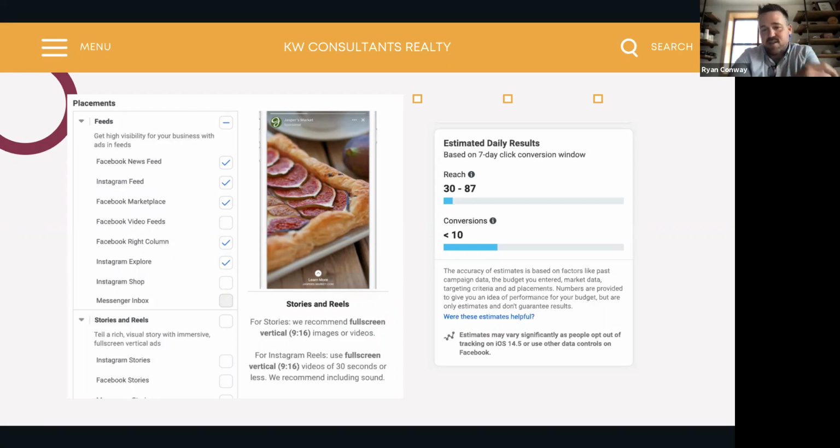So in the feeds and the right side column, I definitely want it on the mobile platform, since most people are using mobile, especially when looking at real estate. Along the right side as well, based on the combination of audiences I'm using and the kind of reach we're trying to get. In addition to my ad spend, it's going to show me how many people this is going to get in front of on a daily basis and how many conversions or leads it should generate, based on my ad spend and the audiences I'm trying to target.